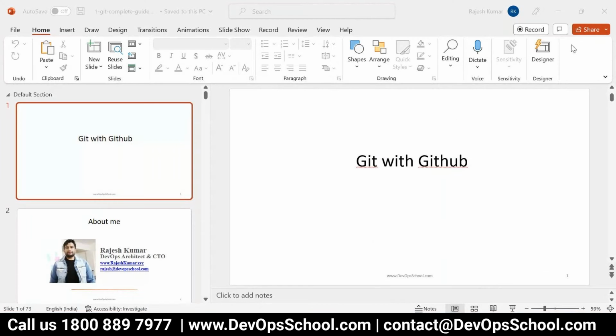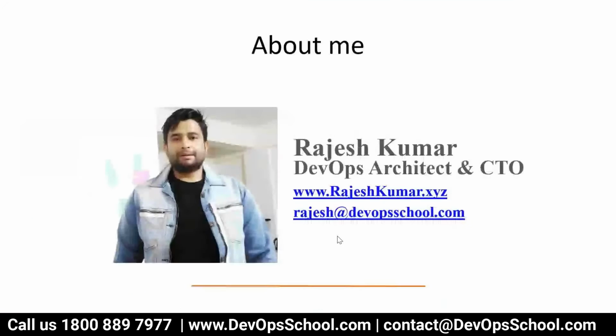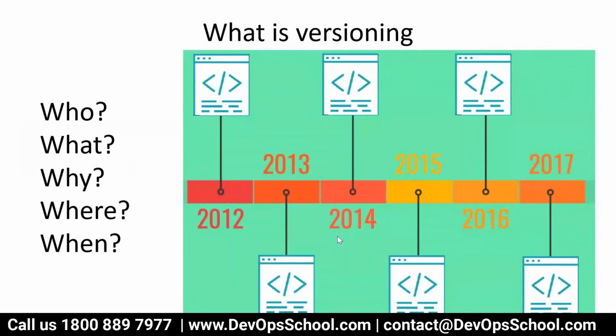Okay, so let's get started with Git first and then GitHub. Before getting into Git, we need to understand what versioning is. Versioning is basically a process in which you set up a system to track every change of the source